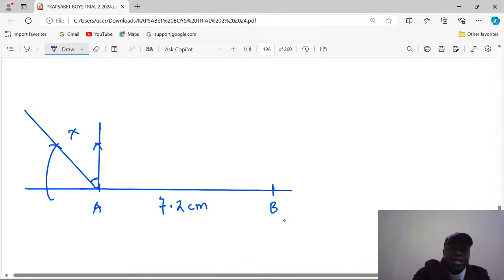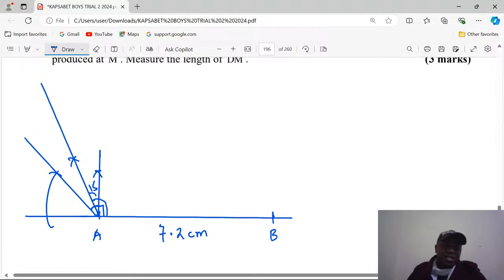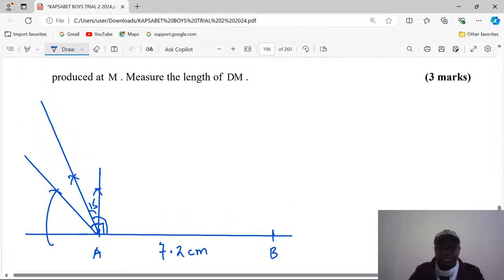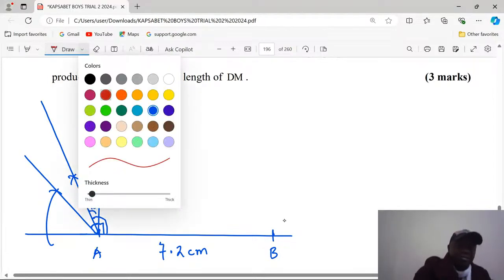When I add 90 and 15, this is now 15. This is 90. So the combination of 15 and 90 is going to give us a 105 degrees. So at that point now, we can measure a length of